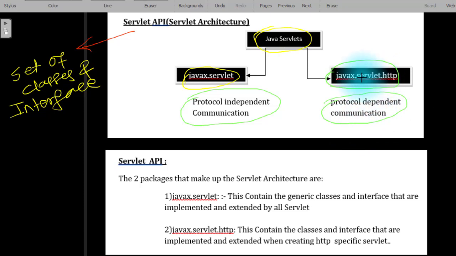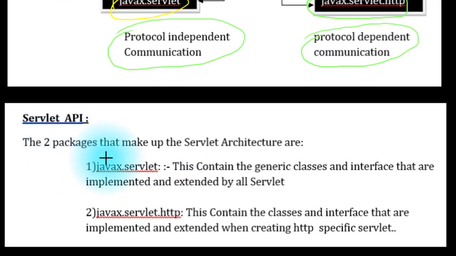That means between client and server, only the HTTP protocol is used in case of javax.servlet.http. So these two packages make up the architecture or the API of the servlet.